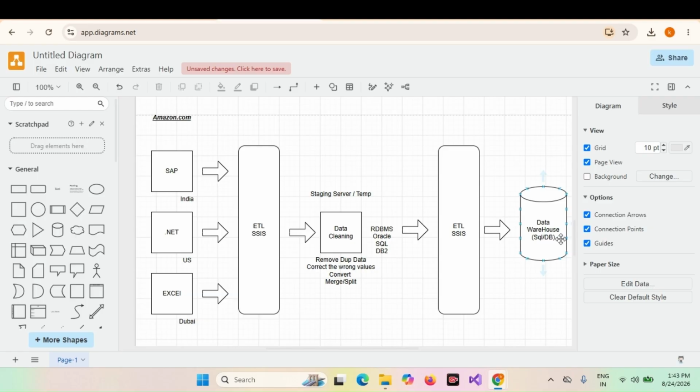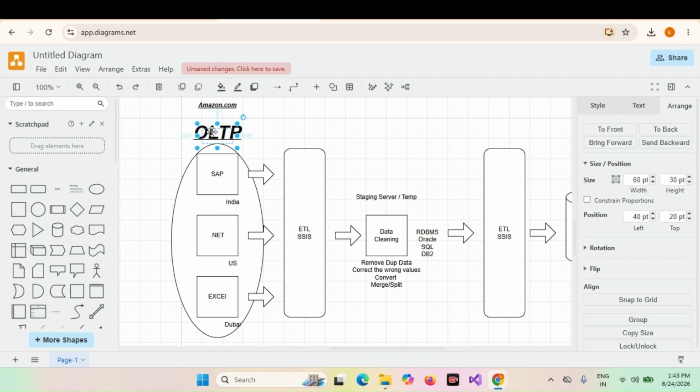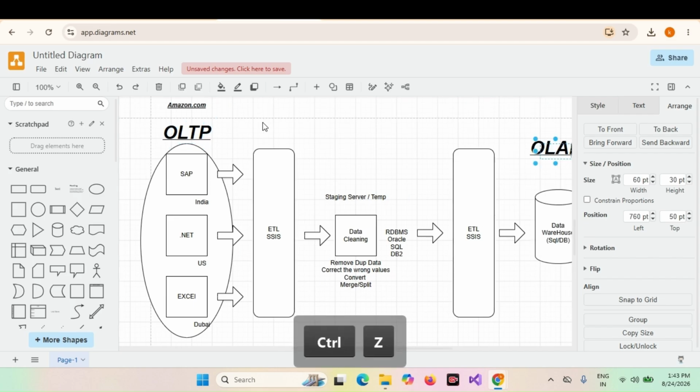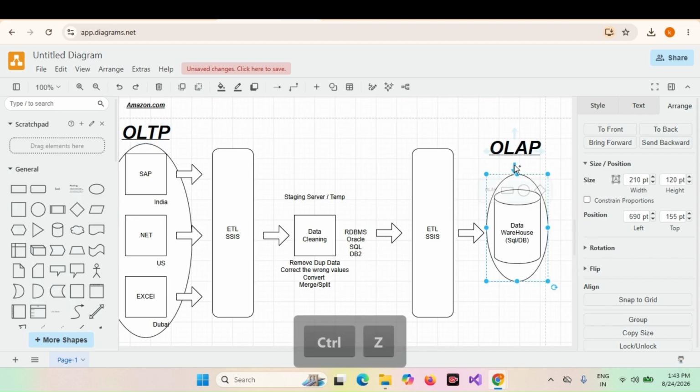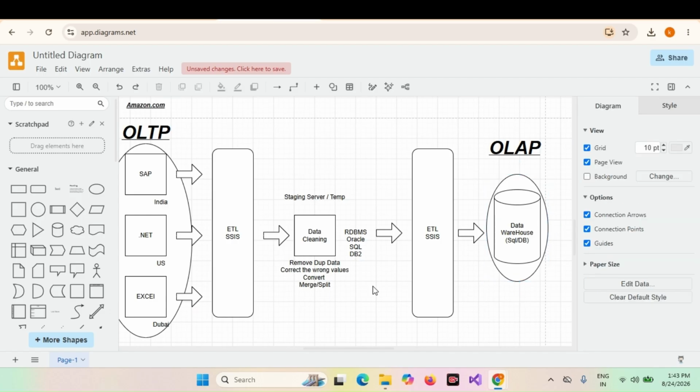Finally, this data is used by OLAP or SSAS. Before loading the data, this is like OLTP. This is the OLAP. Finally, this data can be used by OLAP for analytic purposes and reporting. So this is the data warehousing concept.